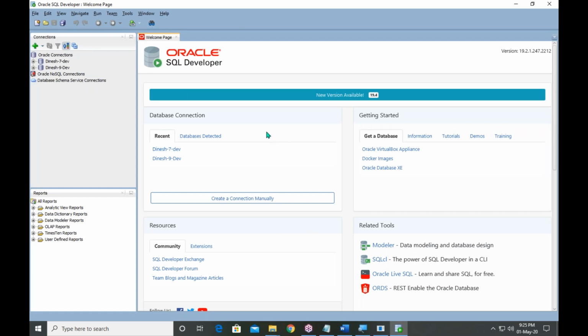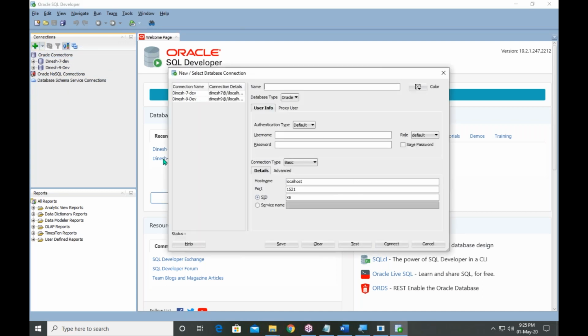See guys, once you open this application, what is the application? SQL Developer. First, identify whether there is any connection for sysdba. There is no connection. So first, compulsorily create a connection for sysdba. So this is sys, let me type it in capital case, sysdba.